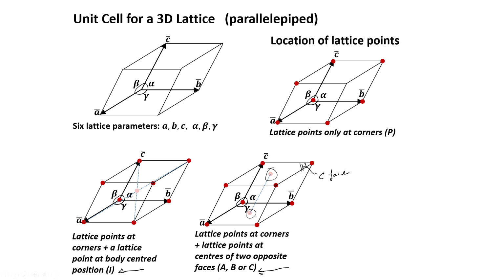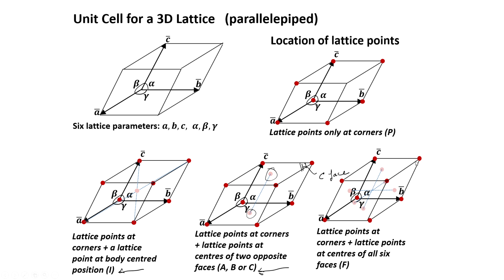Now, why am I using 3 possible symbols A, B or C? Well, I can put lattice points on the C face, but I can also put lattice points on the A face. A face would be the front face and the rear face. Similarly, I can put 2 lattice points on the B face, which is the left face and the right face. So, depending on where I put these 2 lattice points, the symbol I will use would be A, B or C. A fourth possibility is